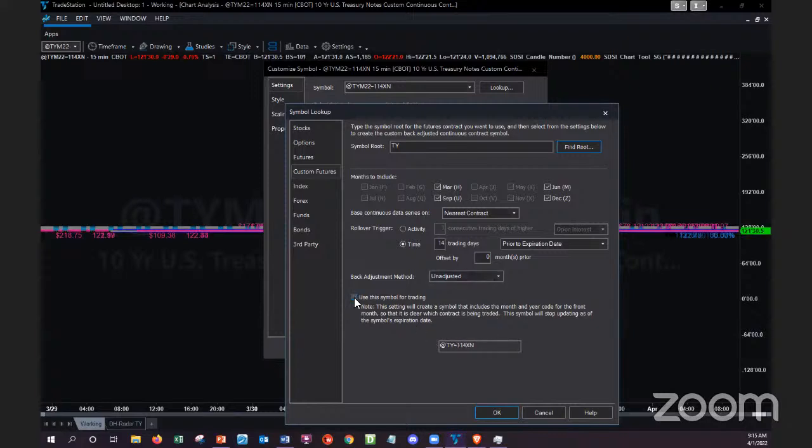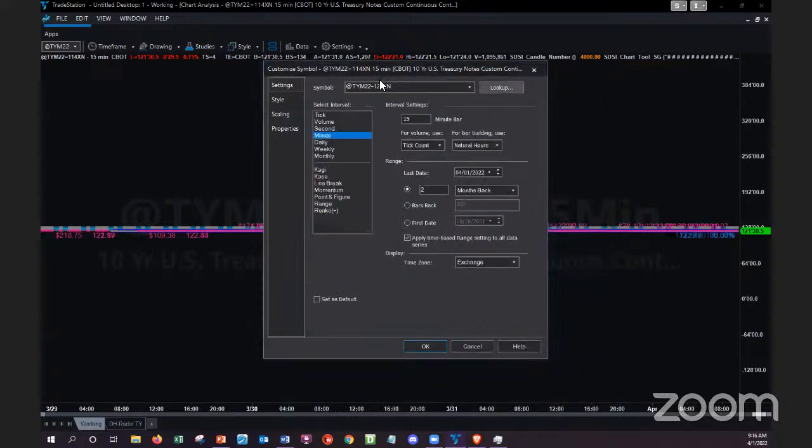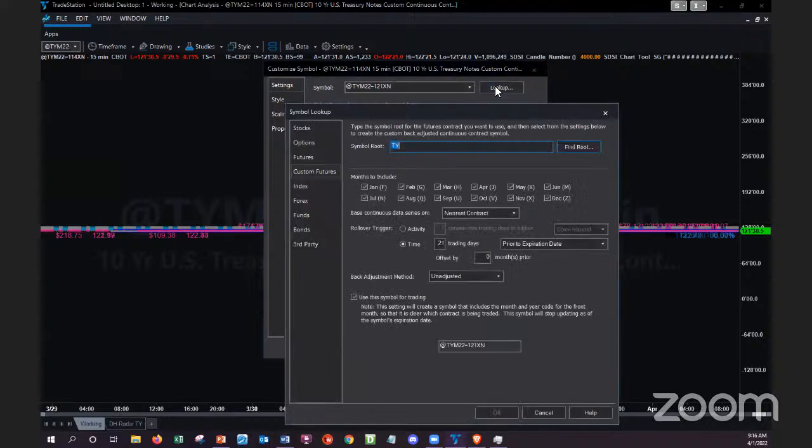When we check this symbol here, we can use this symbol for trading, then it completes this information. So say if I wanted to go in here and put 21 in here, and you see my symbol up here, it just changed it to 21 here. So this is going to expire 21 days ahead of time. Now, do I want to do that because it did it last time? No. What I really want to do,